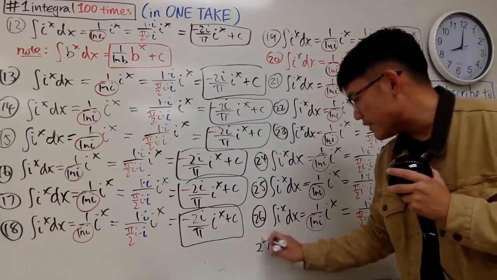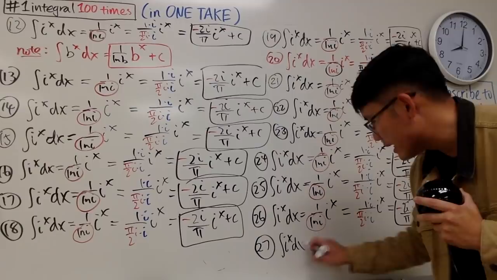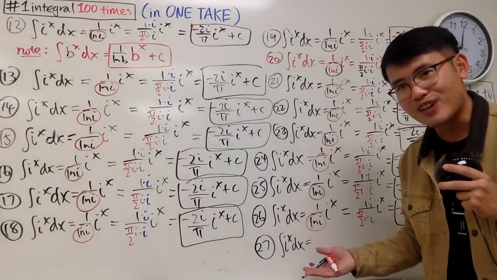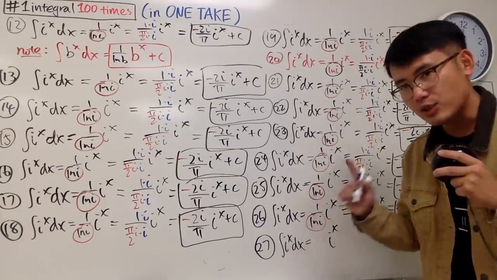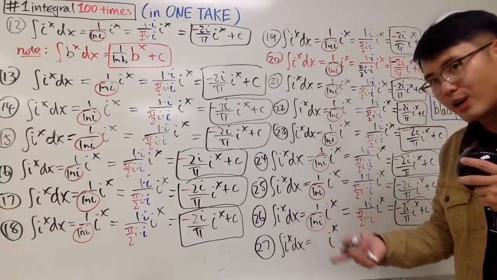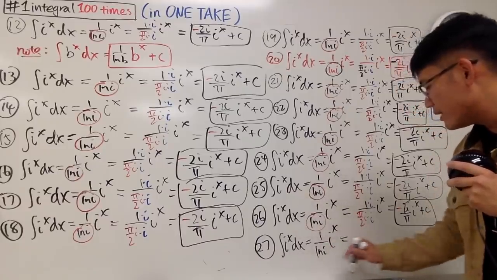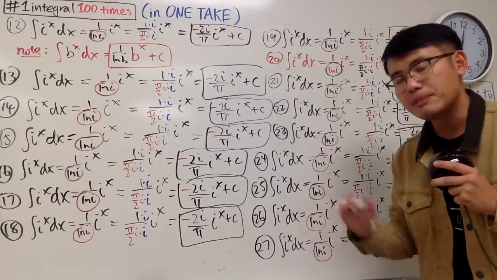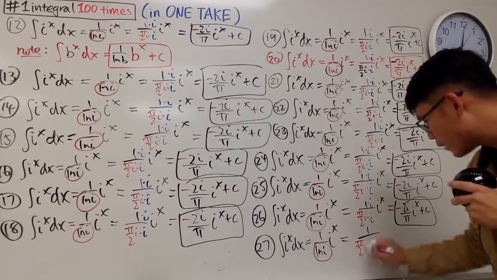Number 27, perfect number right here. We are going to integrate i to the x power dx. Well, this is just an exponential function, so the answer is going to be i to the x power, but the base is not e, so you have to divide it by ln of the base. In other words, we do 1 over ln i like this. And ln i is actually just pi over 2i, so here we get 1 over pi over 2i, and then